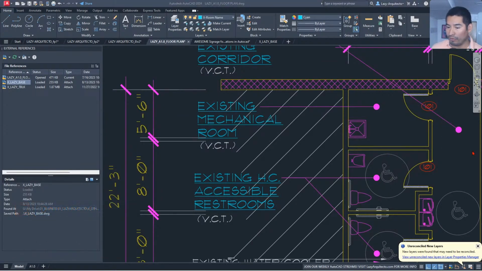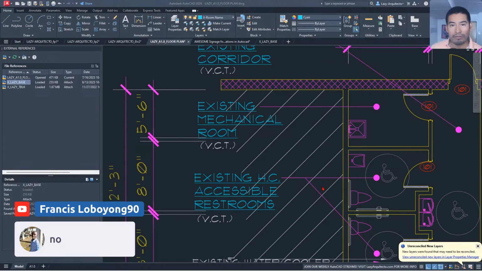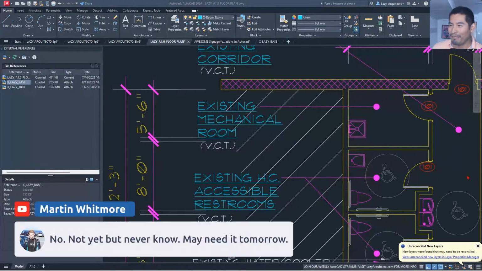So let's see. First we have a comment that says no. So our friend Francis is not facing this problem. That's great. So that means Francis might be doing something good, right? So that's great. Thank you for sharing, Francis. Martin says, no, not yet, but never know. Might need it tomorrow. Martin, so